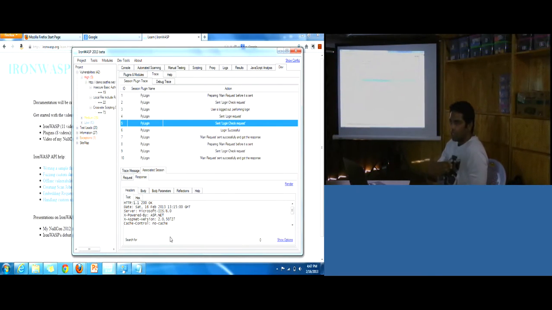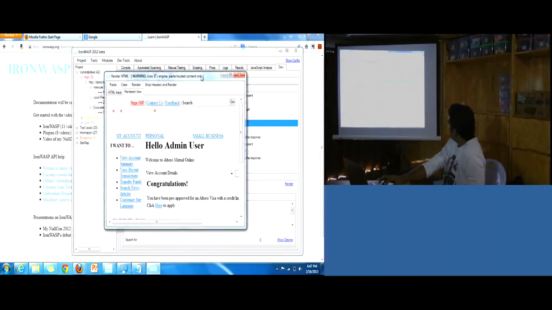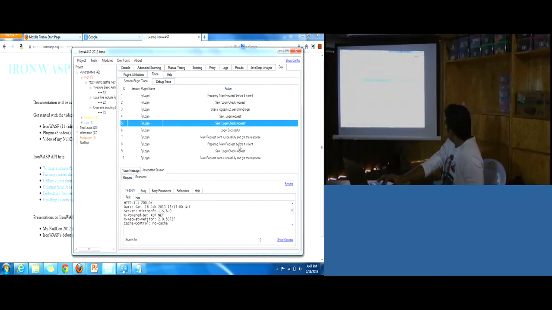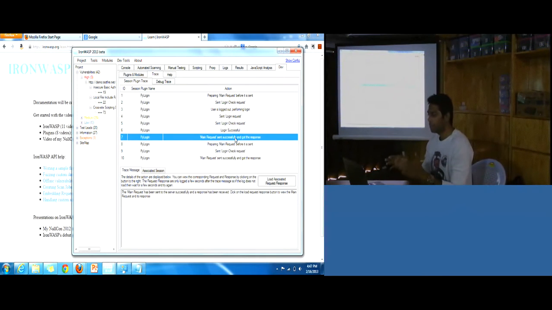Last time it was a 302 when the user was logged out. This time it says hello admin user, meaning it logs you in. Then it goes on with the regular scanning. So with this session plugin, when you have a login process, you can program it this way.